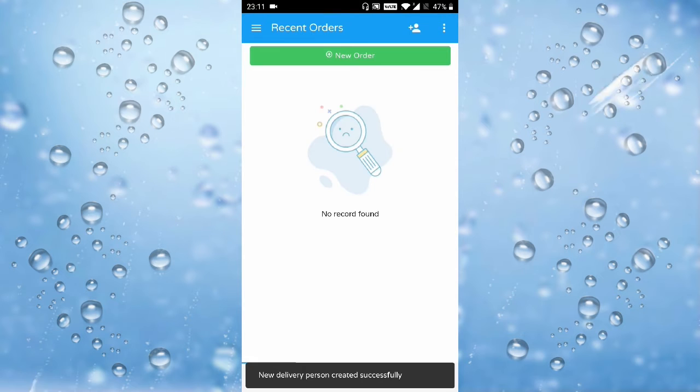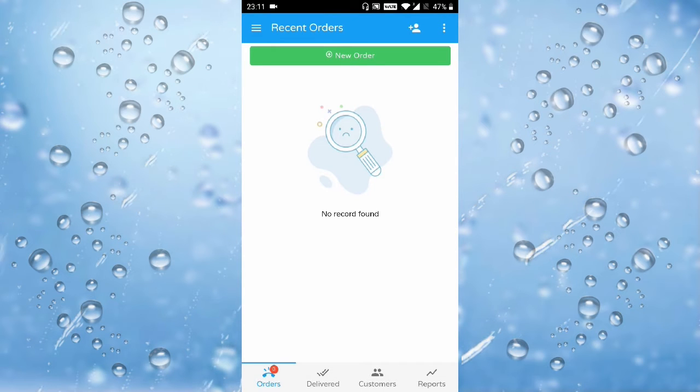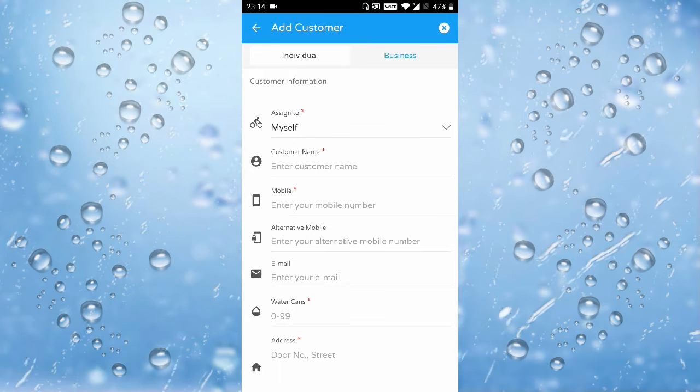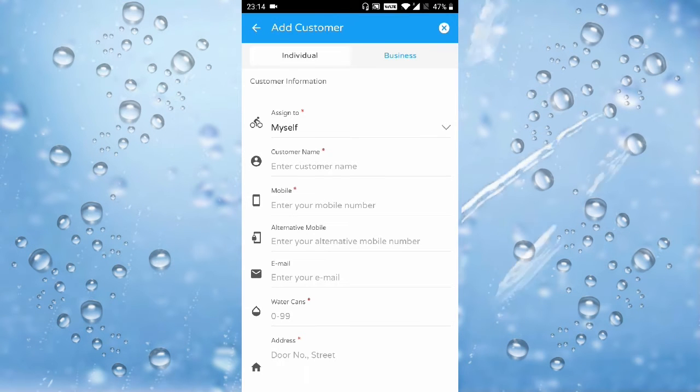Click on Add Customer icon on the top right corner. Here you can specifically add customers of an individual or a business.